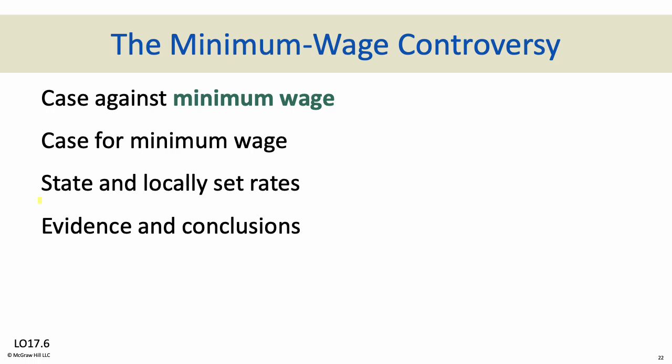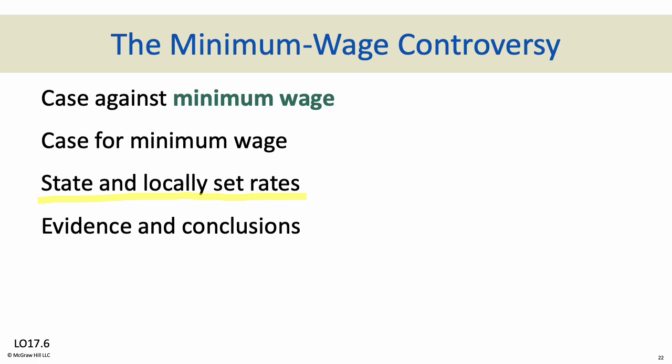Most minimum wages that we run into are the state and locally set ones. The New York State one is, I believe, approaching $15 an hour. New York City is. New York State, I believe, is going that way. So most minimum wages aren't the federal one. The federal one only applies to limited places that don't have their own minimum wage. Most major states do. But a minimum wage is once again a version of a price floor. You can't go below the price floor. Minimum wage of $15 an hour means we cannot legally hire someone for less than that. And that minimum wage may be above the market rate.